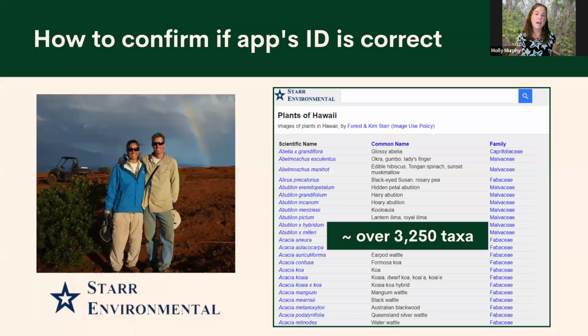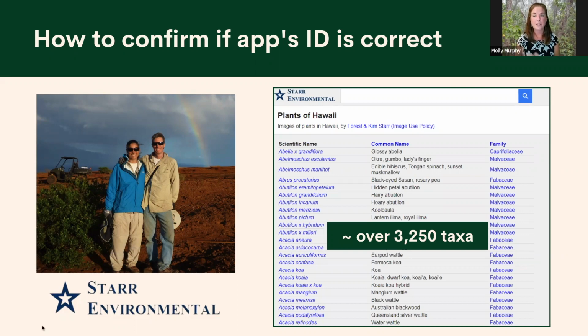If you figured out what the family is, you can just search the family and look at all the choices and use your own botanical knowledge, books, whatever you have to figure out, okay, that's the right family. And from there, maybe you can get to the right genus and finally to the right species. Say it's an acacia, you know it's an acacia, but you don't know the species.